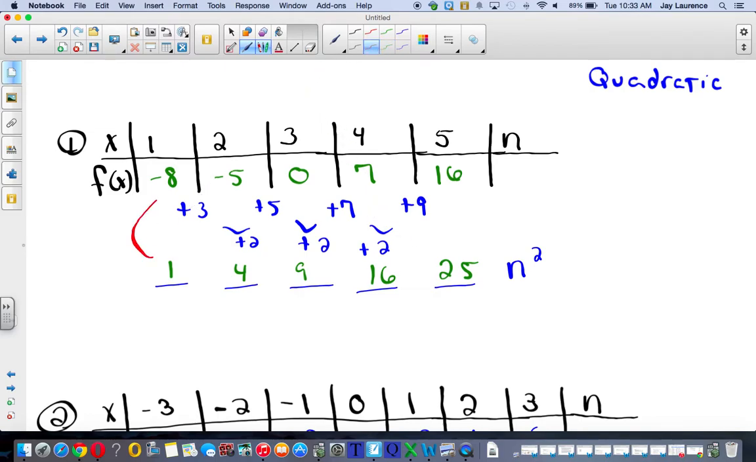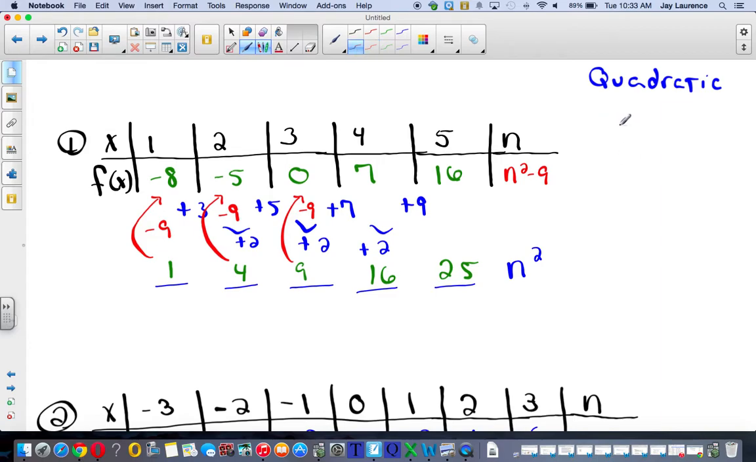How do I turn 1 into negative 8? I think I subtract 9. How do I turn 4 into negative 5? I subtract 9. 9 into 0 by subtracting 9. Looks like my nth term will be n squared minus 9, which means my function, and this is important,